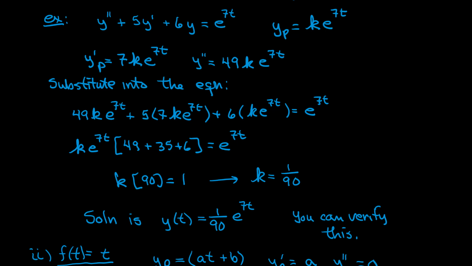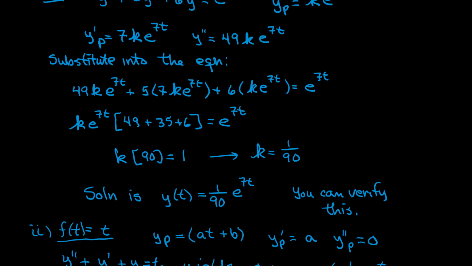As with the previous problem, there are a couple of factors common to each of our terms. Those are k e to the 7t. Notice that leaves us then with a 49 on the first term, 5 times 7 is 35 on the second term, and 6 on the third term. These are going to be added up and then multiplied by the k e to the 7t,